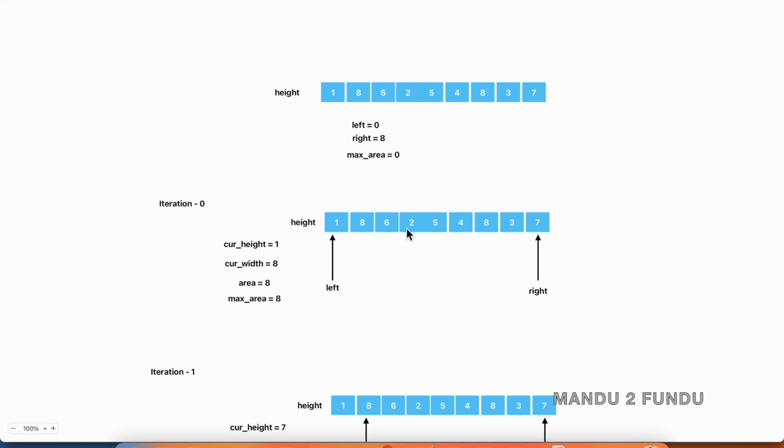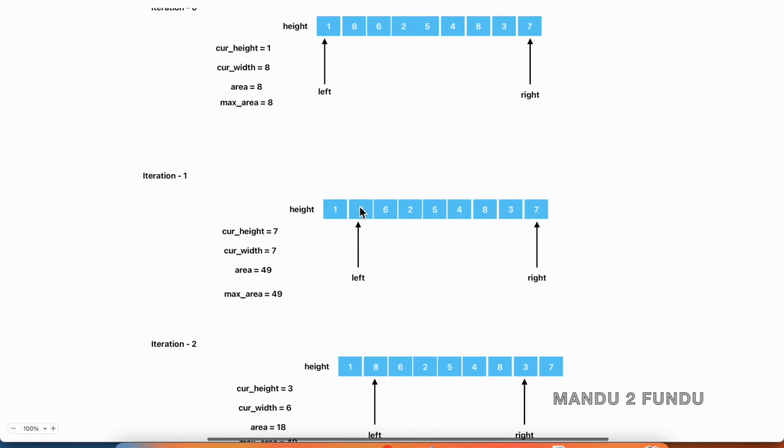And then we compare the height pointed by the left and the height pointed by the right. Whichever is less, we advance the pointer. So we advance the left pointer. Now left is pointing to 2 and the right stays there. So now